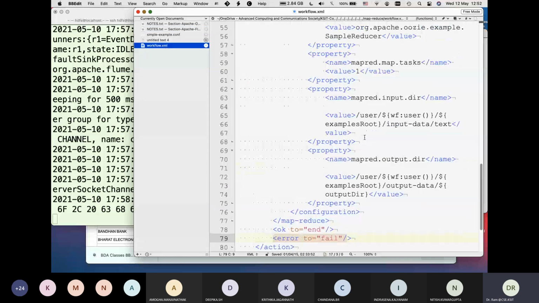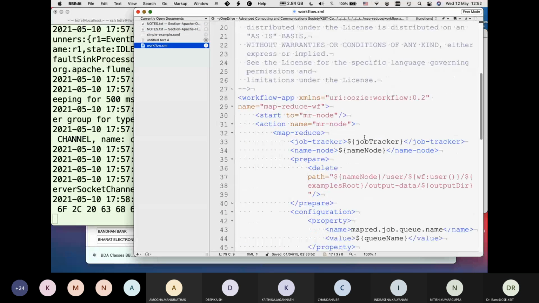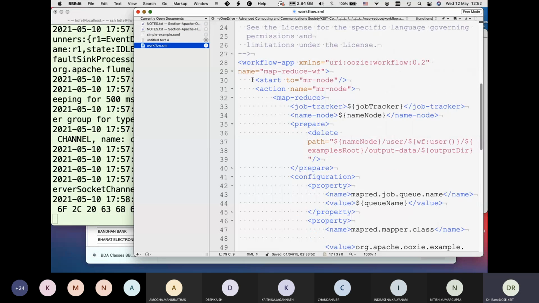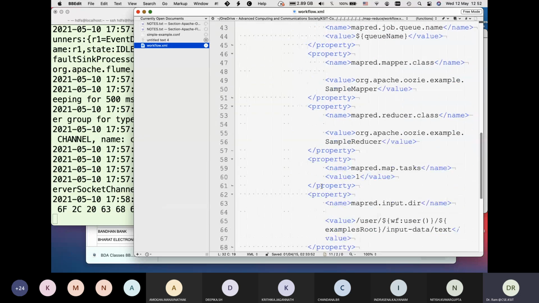It's a workflow. So you can see we say start, which is the node. From start, go to the MR node, and the MR node is basically an action. You indicate what the MR node is as XML, do MapReduce, and all other details.